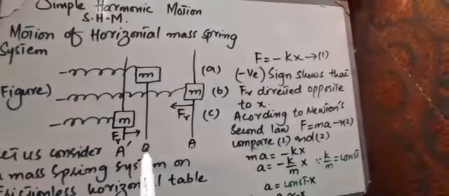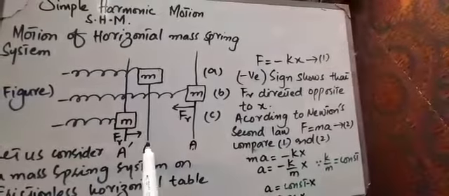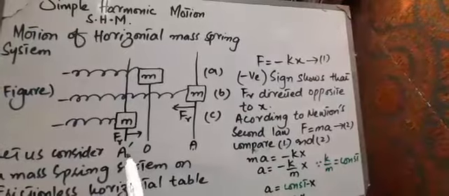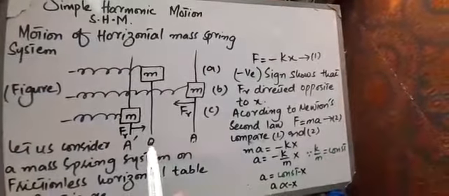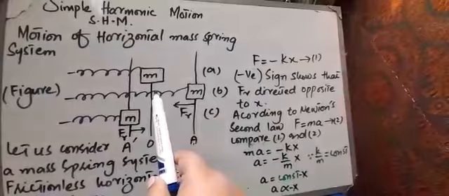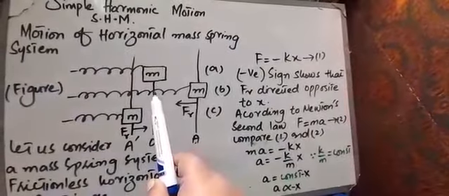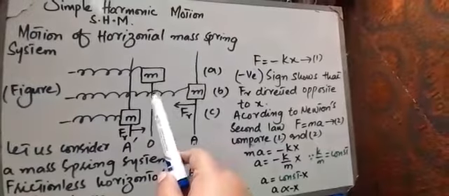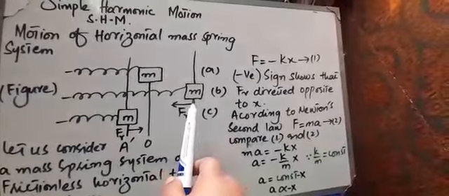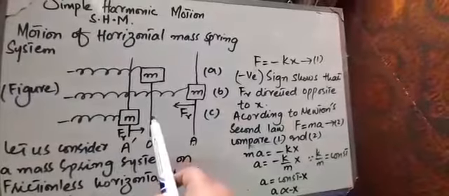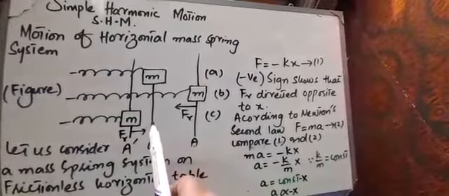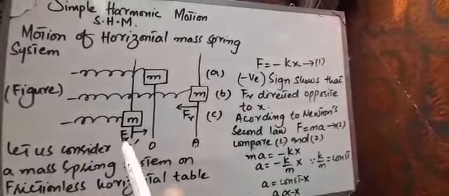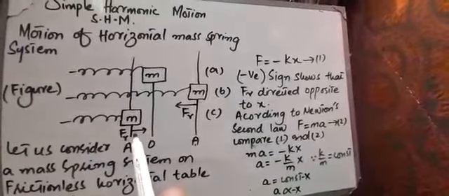Why will it come back towards O, or why will it go towards A dash from O? It is because of the inertia that this mass has. Because of the inertia and the restoring force, this mass, when it goes to its first extreme position, will come back towards its mean position, and because of its inertia, it will not stop here. Because of its mass, it will not stop here and will go towards its other extreme position.